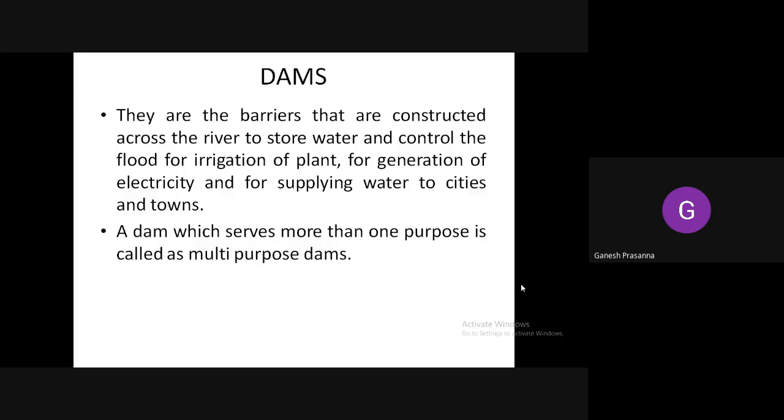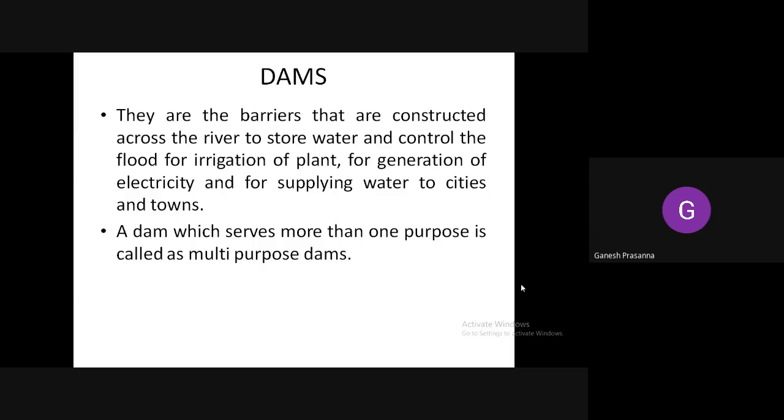There are the Bhadra, Upper Bhadra, and the right bank canal and left bank canal, which go across Chitradurga and Davangere. Up to Harihar you can see the left bank and right bank canals, and up to Ranebennur and other places, so that the water is let through the canals and utilized for irrigation. The flooding is also being controlled. So these are the main purposes for which dams are built.